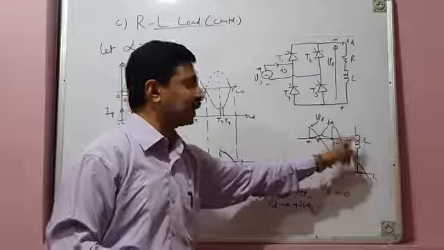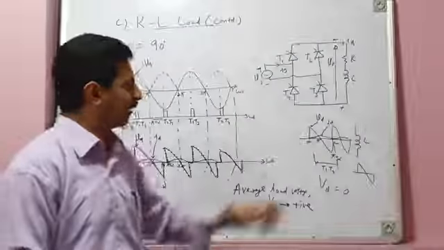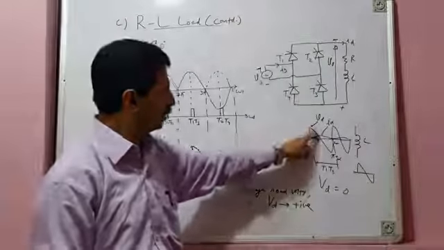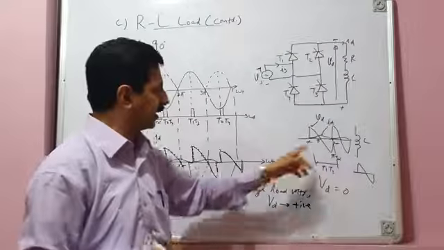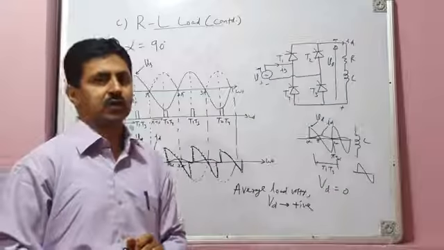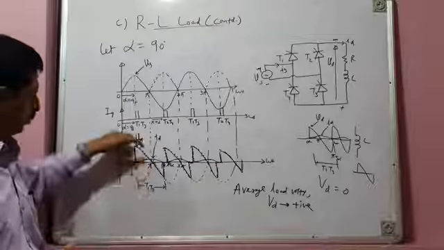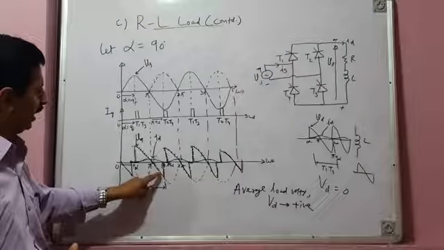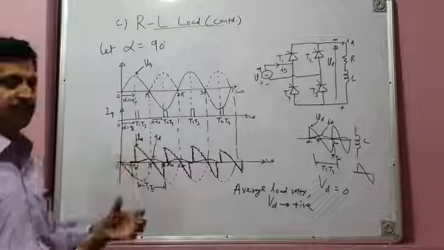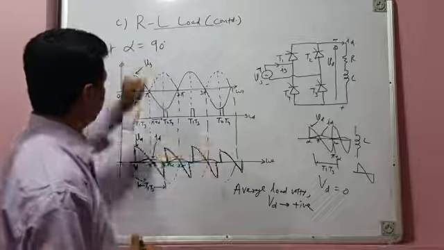It was equal to zero in the case of a purely inductive load, because an inductor is a wattless circuit element. It does not consume any energy. Whatever energy it draws, the same energy it returns back to the source. So during this positive volt second area, it draws the energy, stores that energy, and during negative volt second area, it supplies that energy back to the source. So it does not consume any energy. For an RL load, the energy drawn here during this positive voltage area is more than the energy released and sent back to the source because of the presence of R, because R always consumes the energy. So average load voltage across an RL load for alpha equal to 90 degrees is positive.